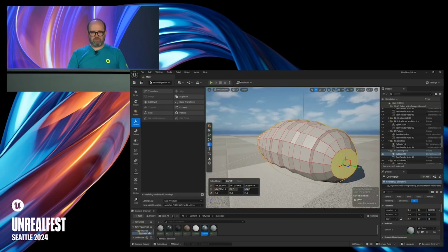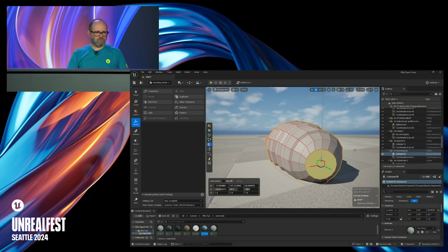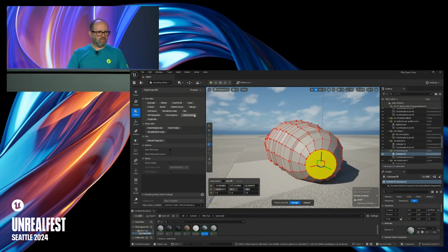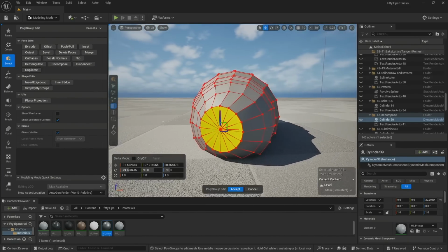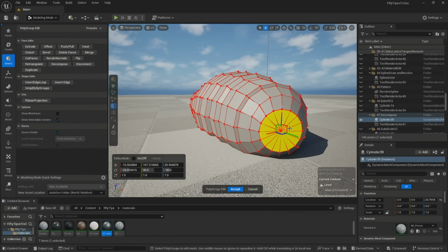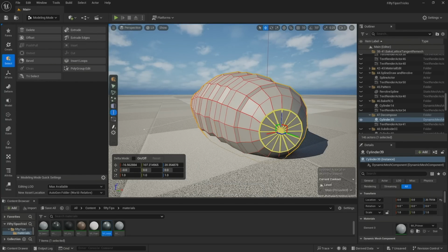One of the things that I have used periodically, and it's a super helpful way to do it, is in the Polygroup edit tool, there's a decompose. What decompose is going to do is make a polygroup for every one of the triangles that are in that. And then after I have that, I'm going to go to my edge selection, and if I select every other